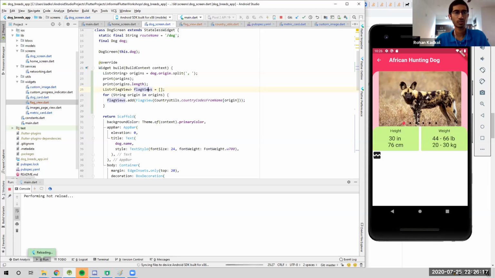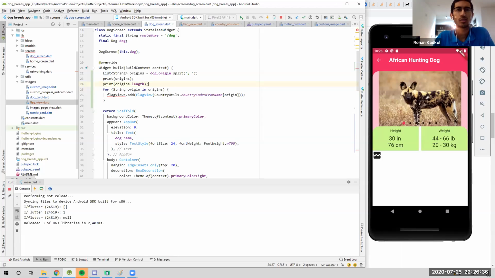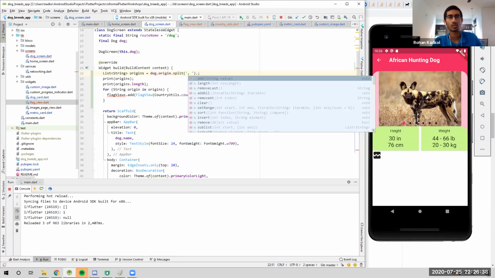Control S. There's one. Why does it have one? That should be empty, right? If there's nothing. Well, so we have to do an empty. How do we... dot